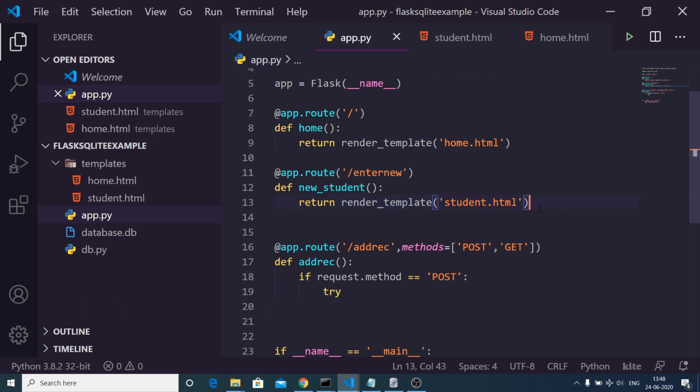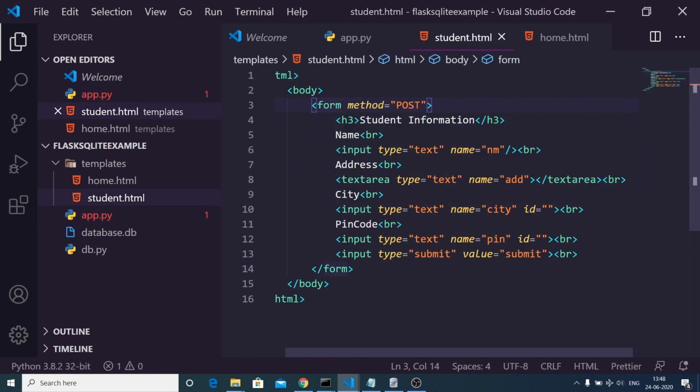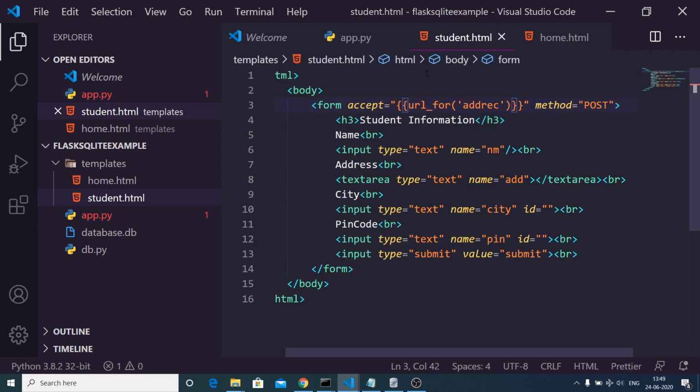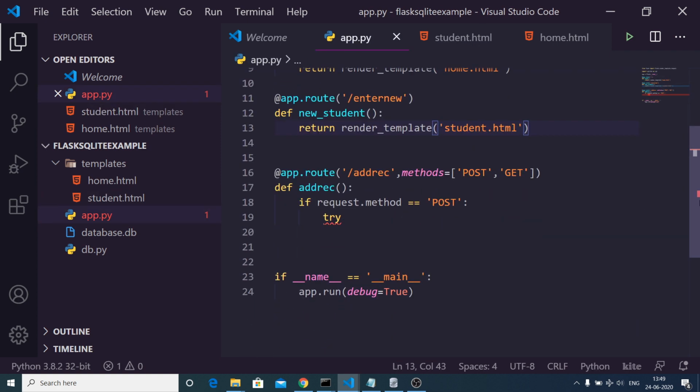So we have provided this route here guys, this post route. Here we go to our HTML file student.html. We need to give it an action attribute. So the action attribute will be, inside double curly brackets we need to use a function which is url_for, and inside this we will provide our add record like this. That's it. The same route that you are giving here inside app.py file, you need to give the same route here. After making this change, we will process the form.